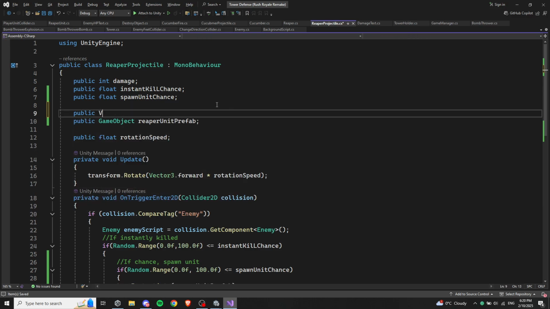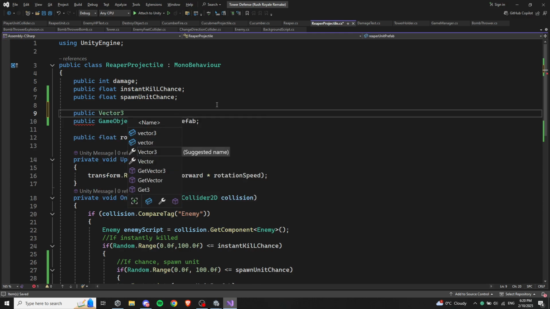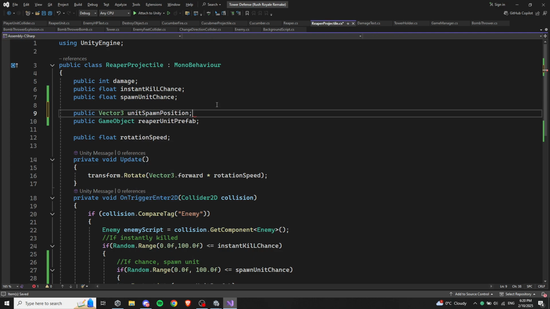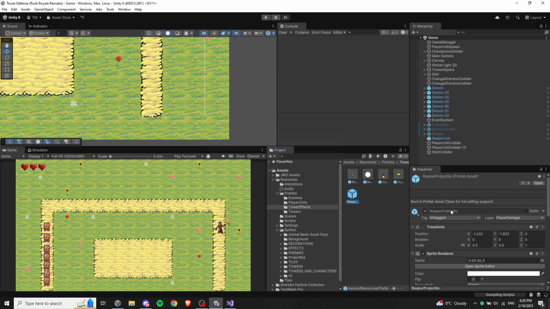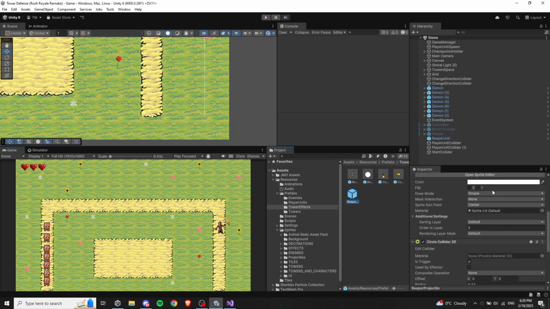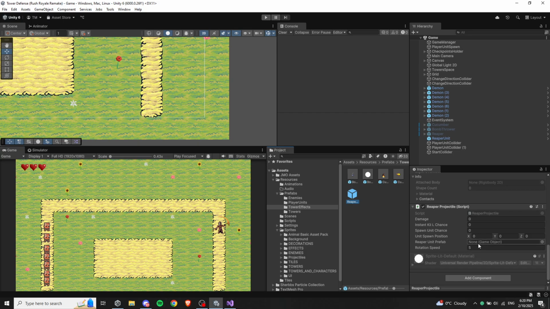So public Vector3 unit spawn location position like this. So let's place the position and the prefab of the unit in this projectile. So now we just paste the position that we copied here. Place the unit,